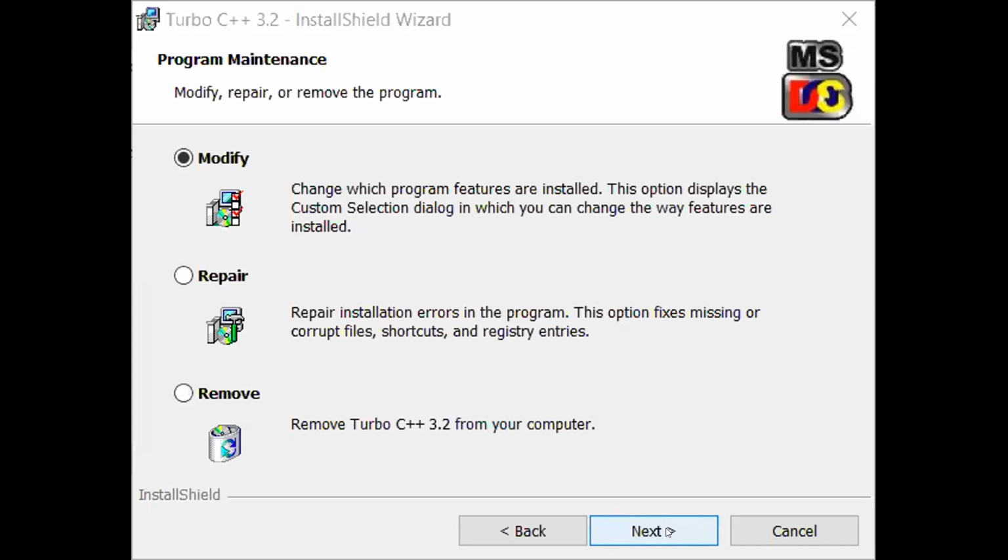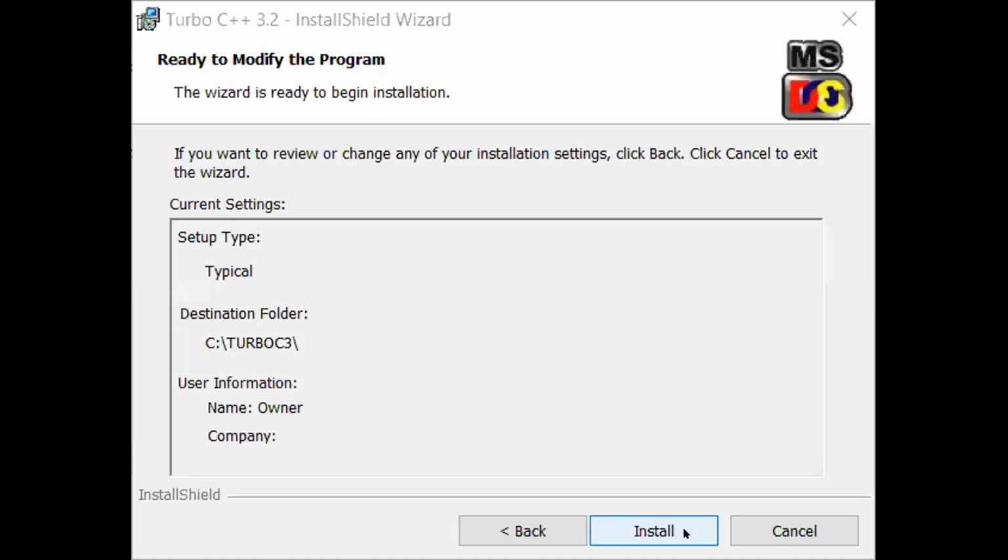At last, the last point, installation. Just click install. That's it. Okay. So installation completed. Just click the finish button. After that, you go to all programs. Just wait. I will show you.